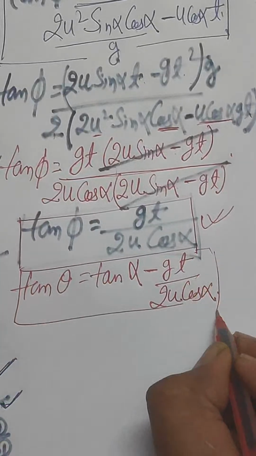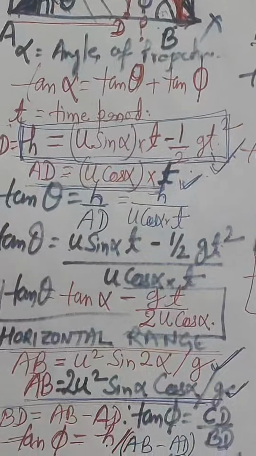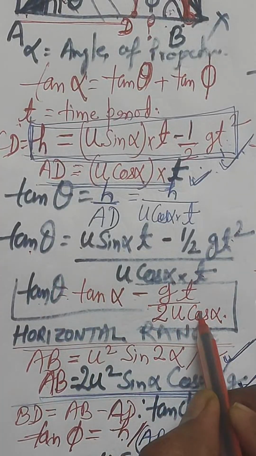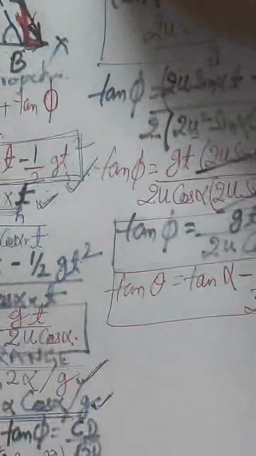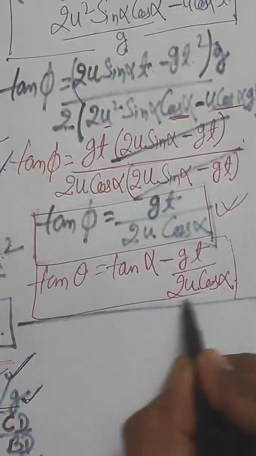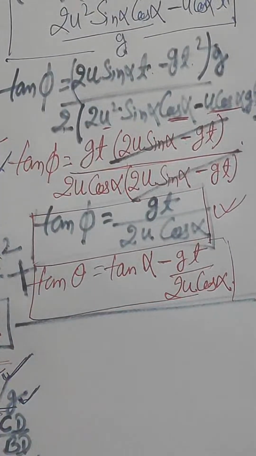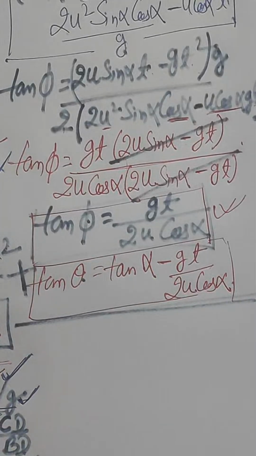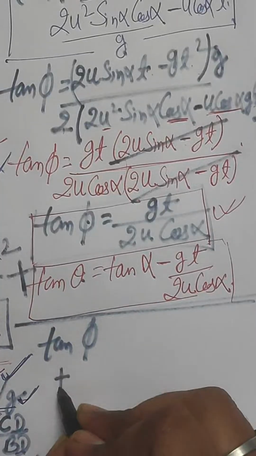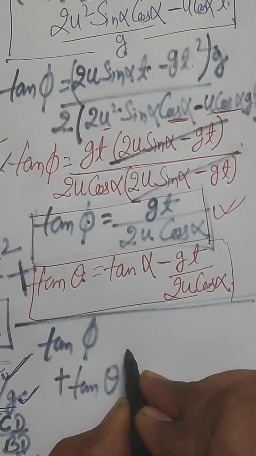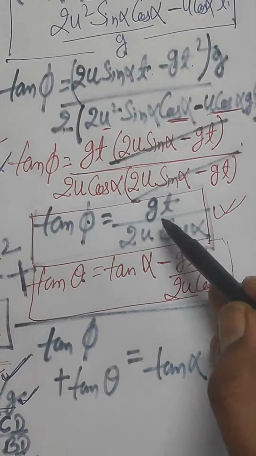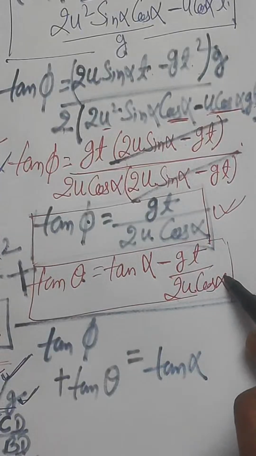So you can see the similarity over here, because we have already proved what is the value of tan theta from here. Tan theta equal to tan alpha minus gt by 2u cos alpha, right? So when you just add it, simply add it, okay? When you add the above equations, during addition, you can see tan phi plus tan theta will be coming, the LHS will be equal to tan alpha, and here gt by 2u cos alpha and minus gt by 2u cos alpha, this will be cancelled out,